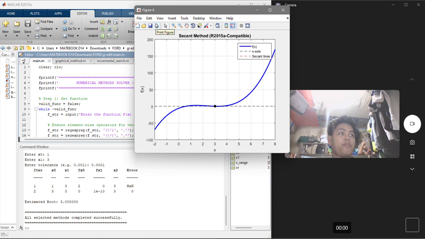So that's it. This method is flexible but can be unstable if initial guesses are poor. With a good starting range, it converges fast.